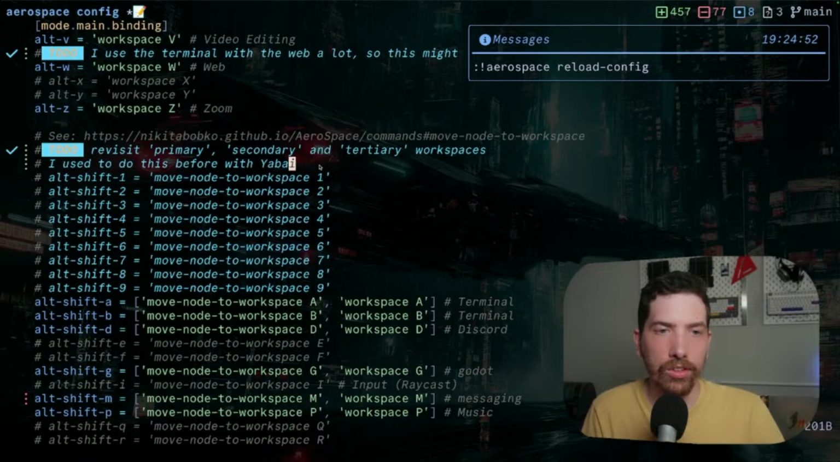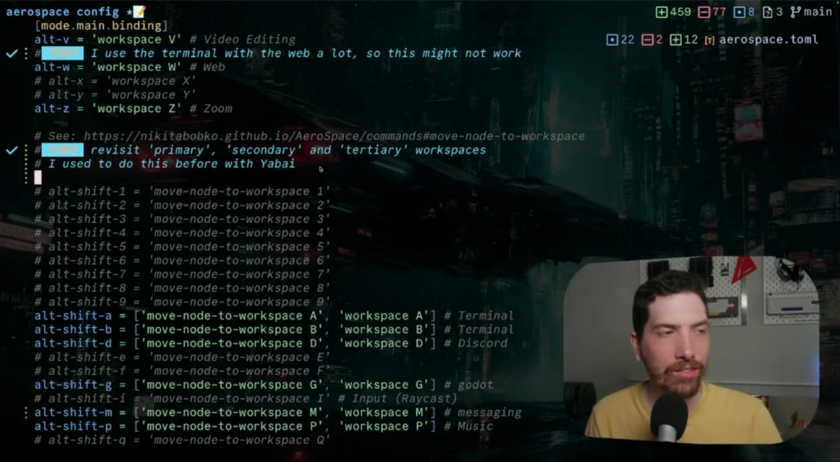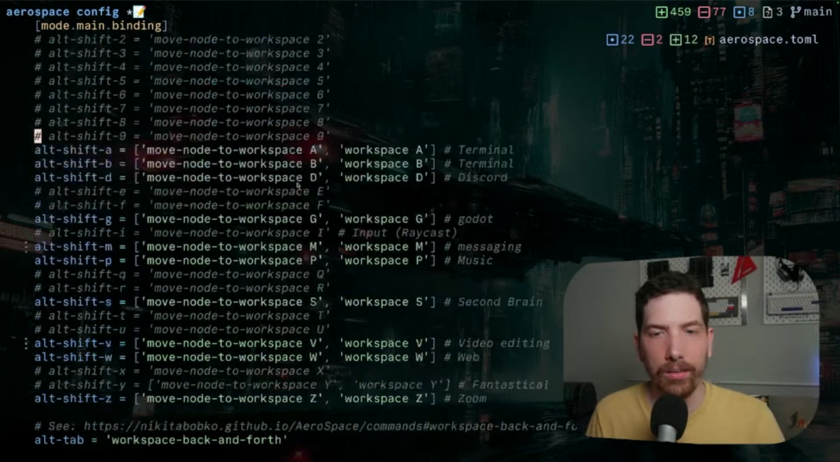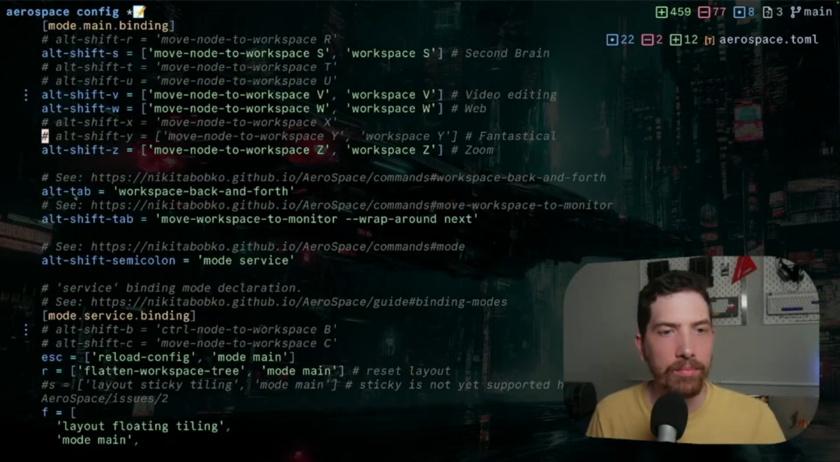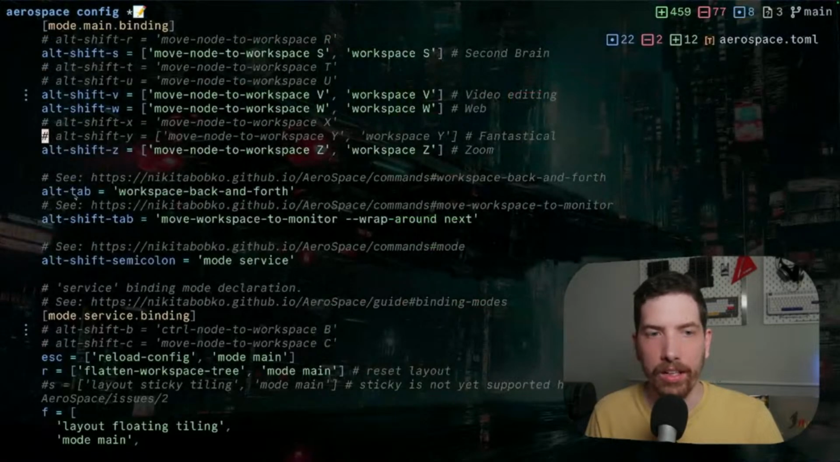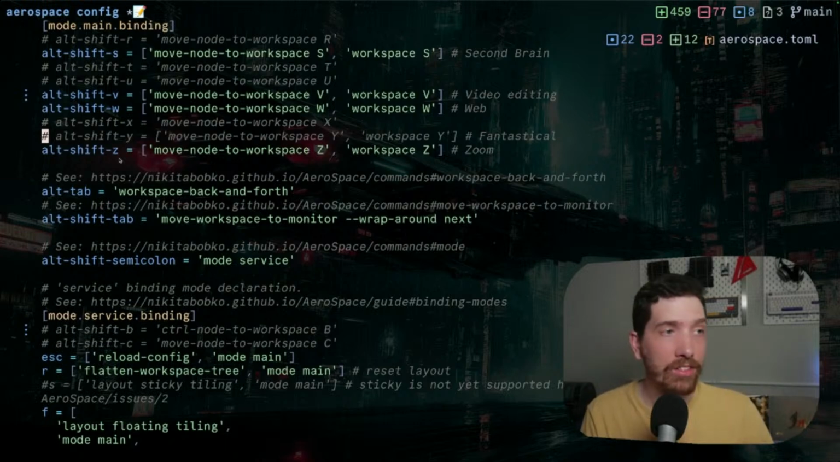Right, I used to do this. So we'll see if that's worth revisiting. Let's just keep going. So Alt-Tab, showing that one off earlier, I really like that. Alt-Shift-Tab is my way of moving this workspace to another monitor. Now, we haven't talked about this yet,